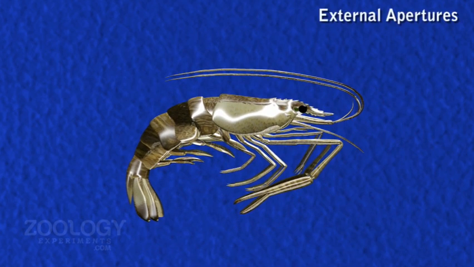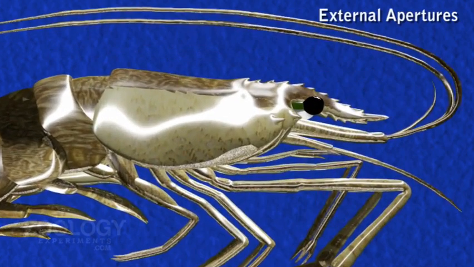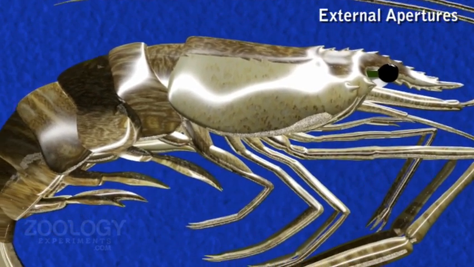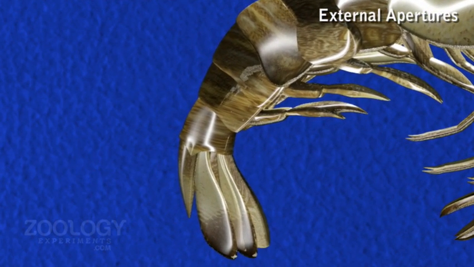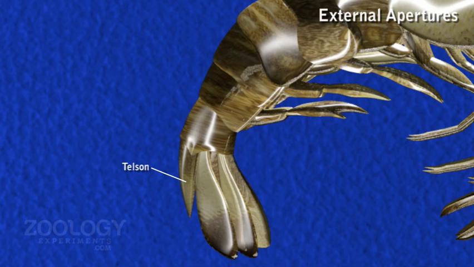External apertures. External apertures like mouth opens mid-ventrally at the anterior end of cephalothorax. Anus is situated ventrally at the base of telson. Paired renal apertures open on raised papillae on the inner surface of coxae of antennae. Paired female genital apertures are open on the inner surface of coxae of third pair of walking legs. Paired male genital apertures in the male are situated on the inner surface of coxae of the fifth pair of